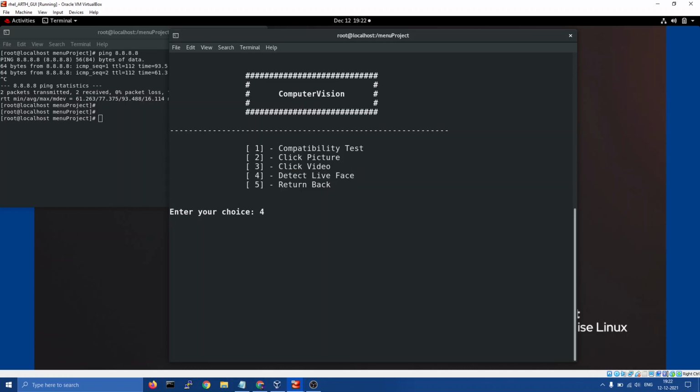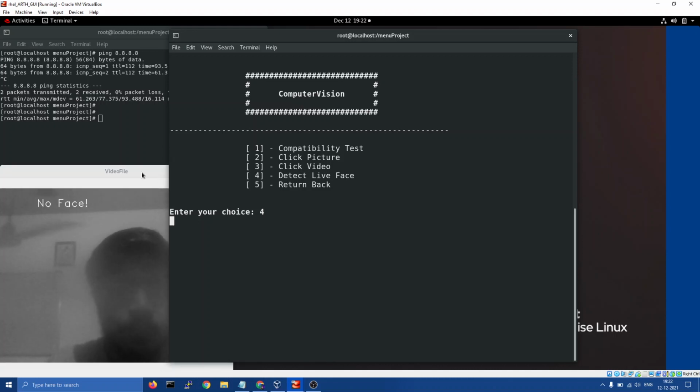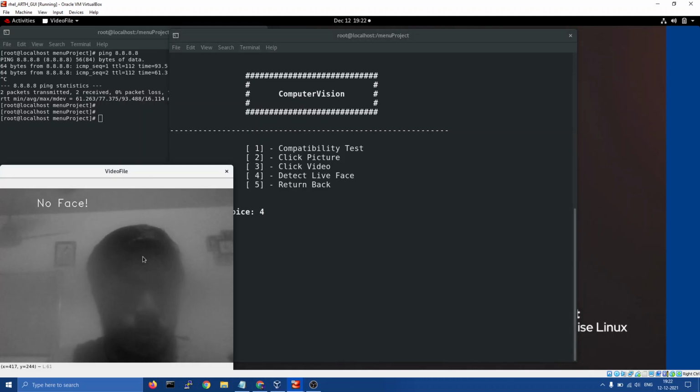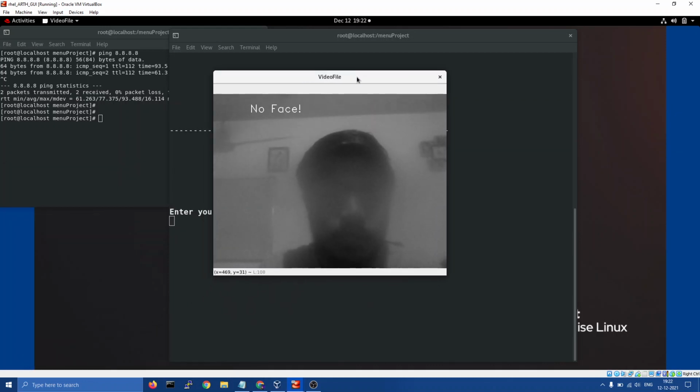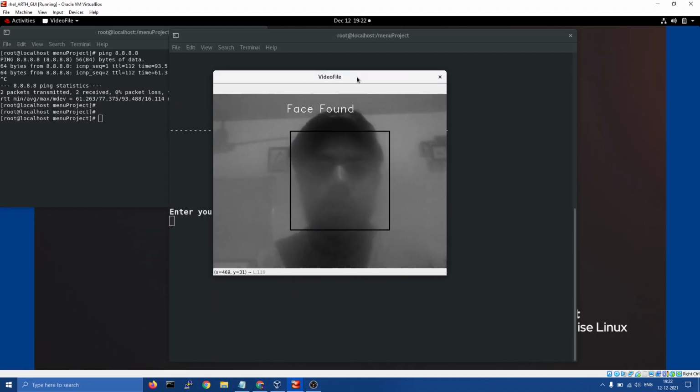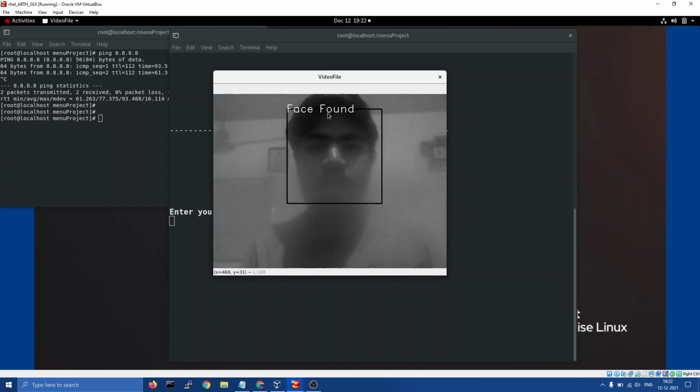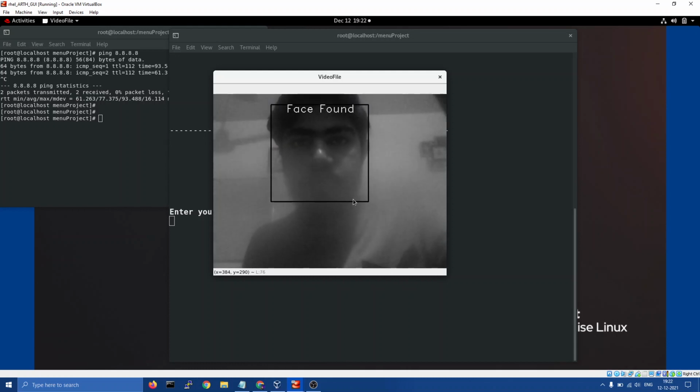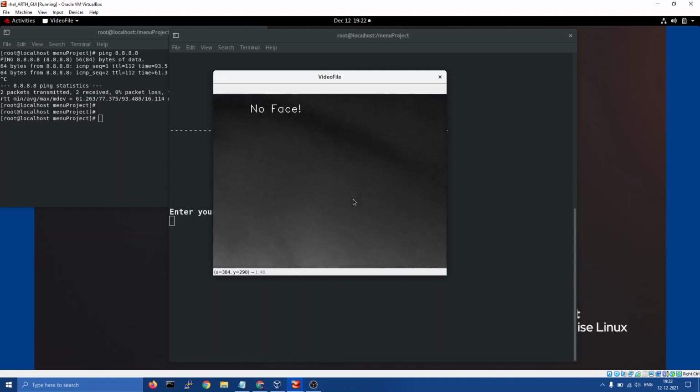This option is something I made using OpenCV, so I have added it here. You can see it is showing no faces because my camera quality is not good. When I move up, it shows face found. Even though the quality is not so good, it still says face found. If I put my hand over the webcam, you can see no face is there.